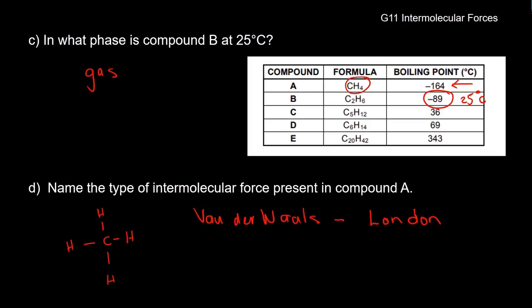We could also say that it is an induced dipole. It's not a dipole molecule, it is a non-polar molecule. So that would be an induced dipole, and that's where the electrons, because it's non-polar, will at some instant be collected over a molecule in one place more than in another. And so it is